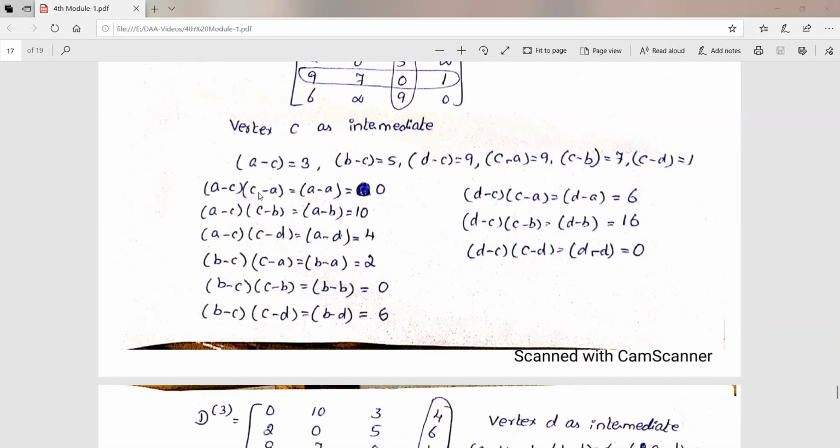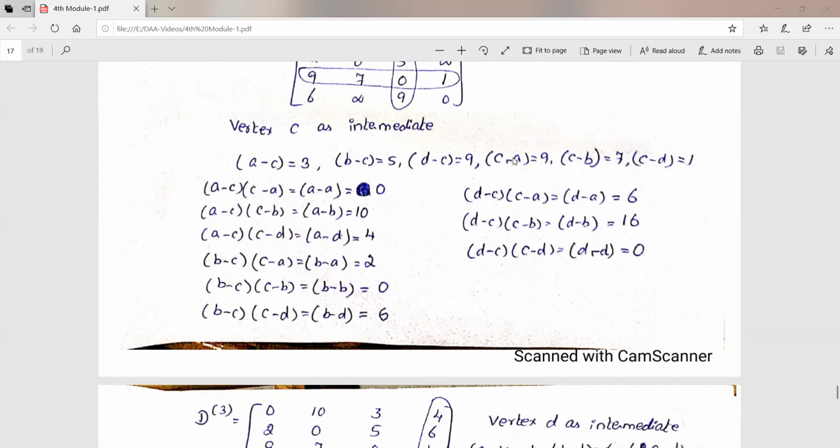And then we have to consider AA, AB, AD, BA, BB, BD. Okay, here DA, DB and then DD. Okay, so using the previous formula, we can find the values for this I to J. Okay, so here if you are considering the vertex C as the intermediate vertex, so now the K value should be C. So you should not take any other K values. Okay, so for example, you can't take C to A and then A to C, you can't consider that. If you take it like that, what will happen?